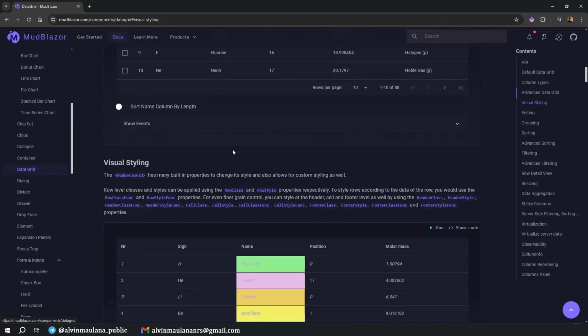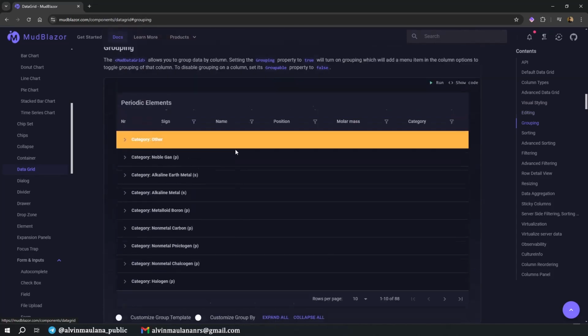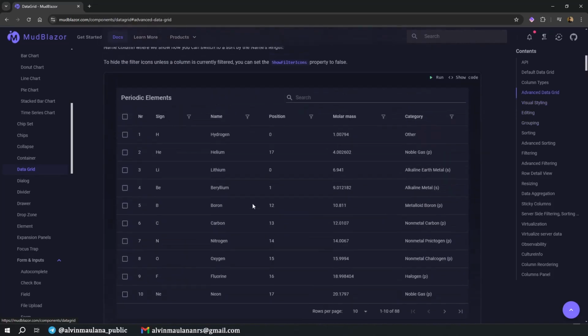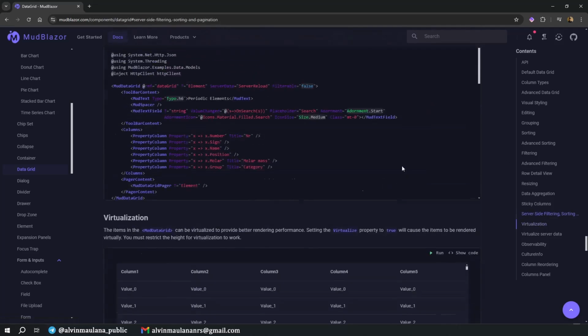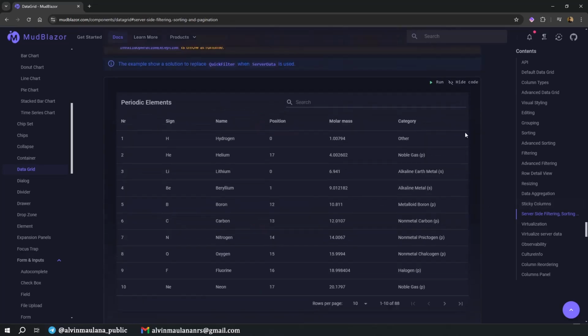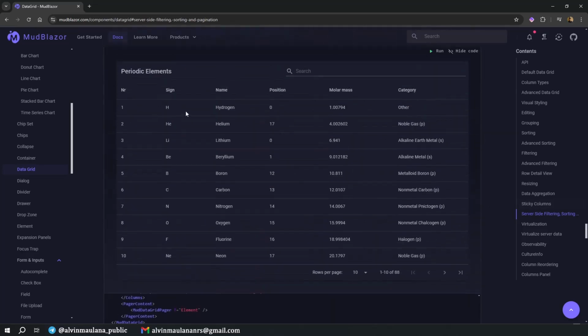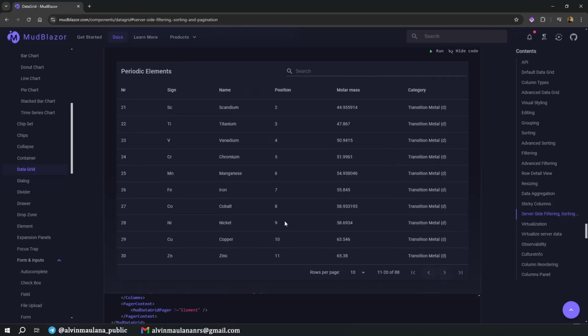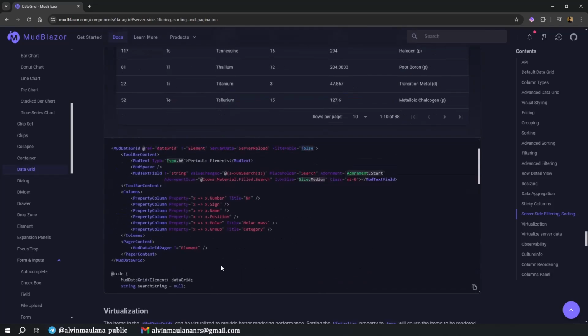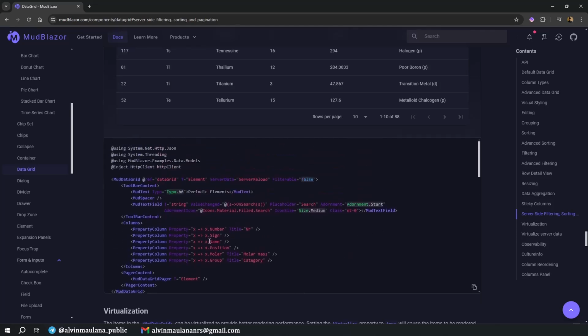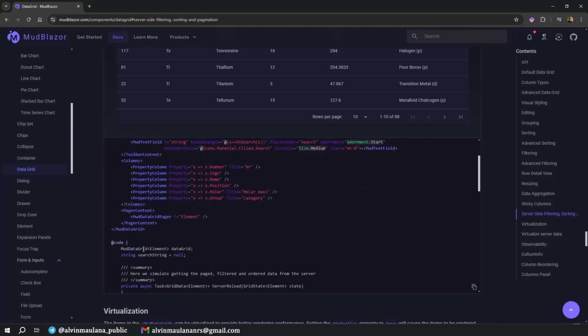And what I want to use in this tutorial is, okay, this one, server-side filtering, sorting, and pagination. Is it correct? Yeah, I think it should be fine. So by default, Blazor helps us have a search in here, the pagination, and also the sorting. And what we need to do is just use all of this. I think for reference, we can just copy all of this.